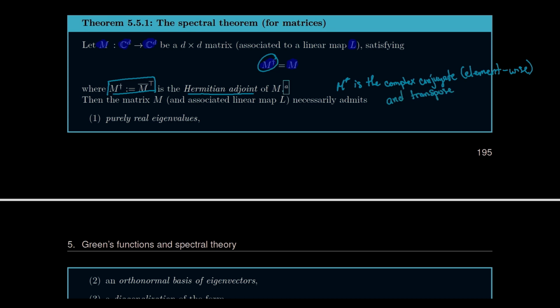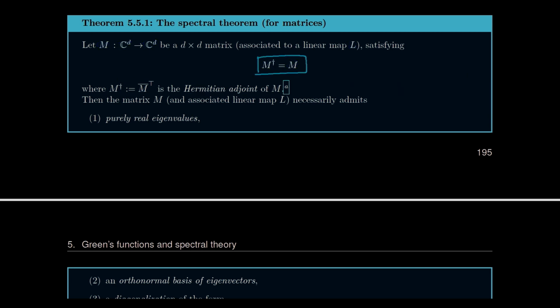And you'll recall, transposing a matrix, you swap rows for columns and columns for rows, or you can think about it as flipping over the diagonal of the matrix. So what this is saying is if the complex conjugate and transpose, when you perform both of those operations, gives the same matrix as I started with,